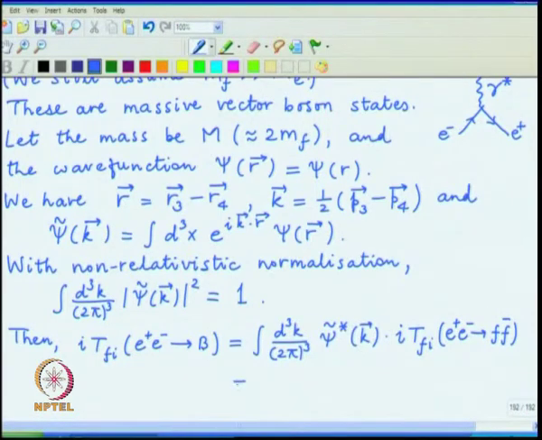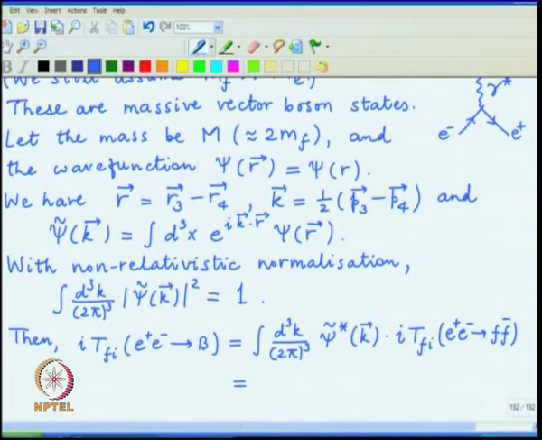And this result turns out to be reasonably simple in the spatial case which we are dealing with, because close to the threshold this T F I is essentially a constant. It does not even depend on the momentum vector. The factors of various momenta which we saw in the calculation of cross section, all of them actually came from the phase space integrals of delta function in this near threshold situation.